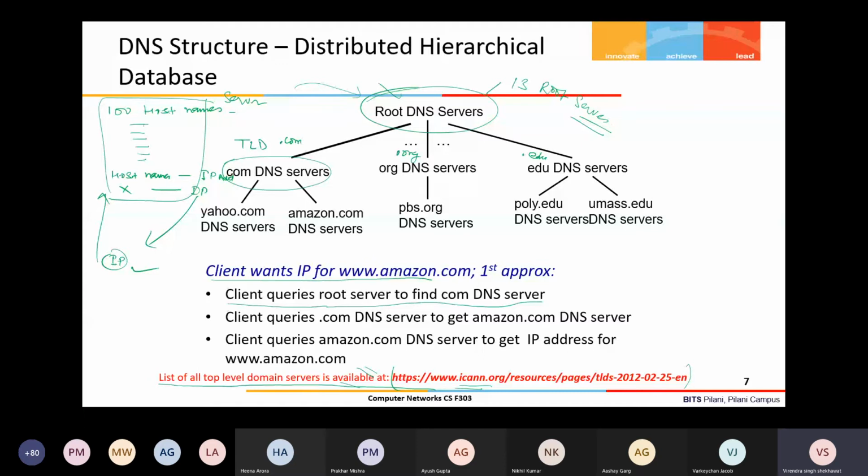That root server maintains the information of all the top level domains. It looks at it and sees the request is for .com, so it replies to the client that this server is responsible for .com. Then the client queries the .com DNS server, which maintains the .com domain mapping, to get the Amazon.com DNS server. Then this .com top level domain server forwards the query